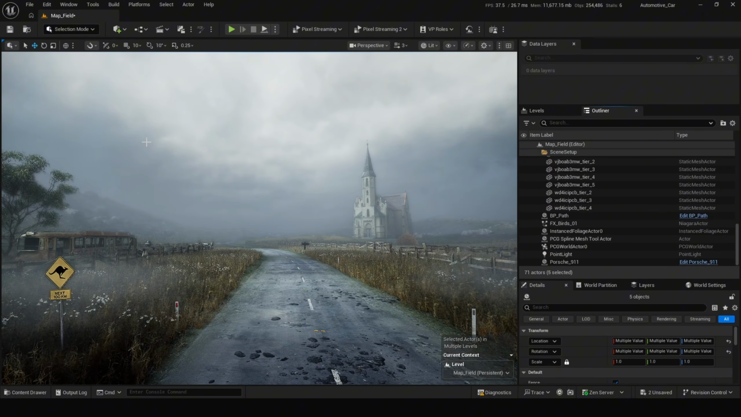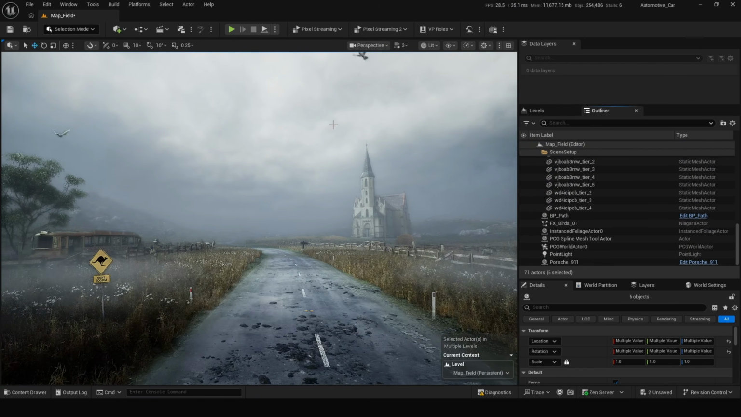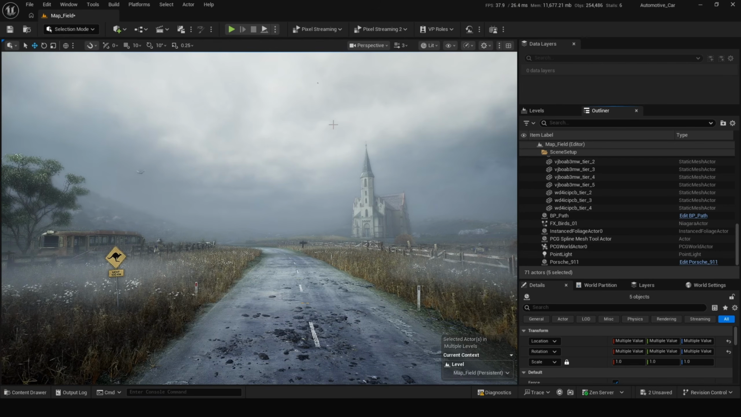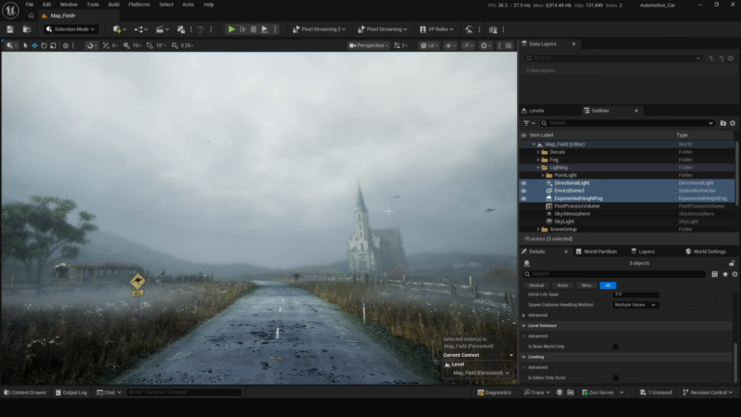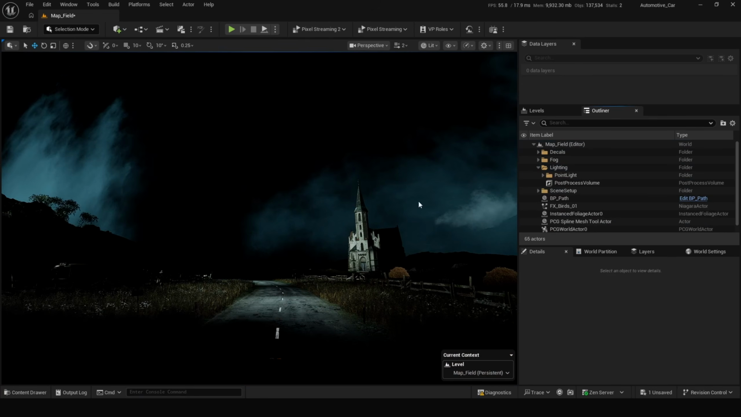And that's it for the first part of this video. In the next part, I will show you how I set up the lighting and atmosphere to achieve this overcast look, so stay tuned. Now I'm going to start from scratch and walk you through the entire setup process step